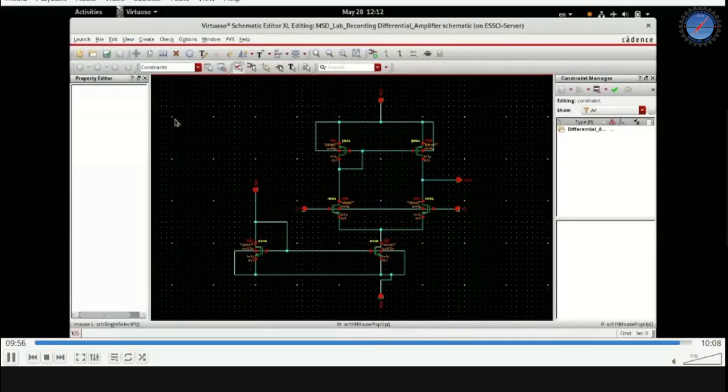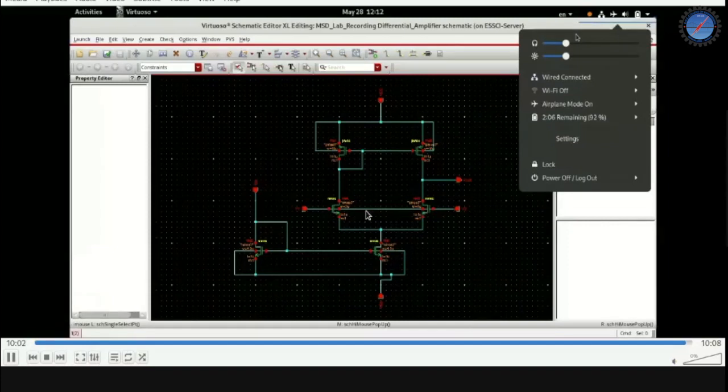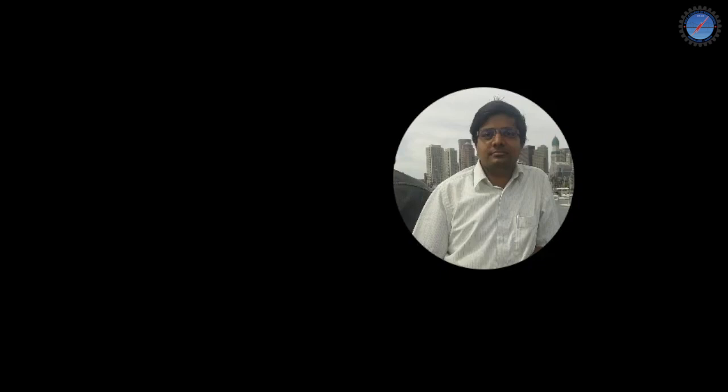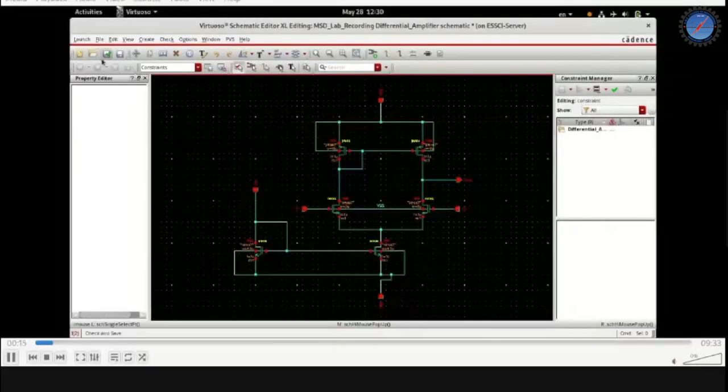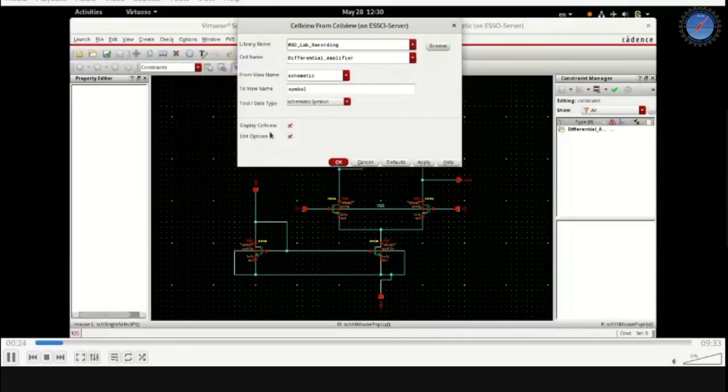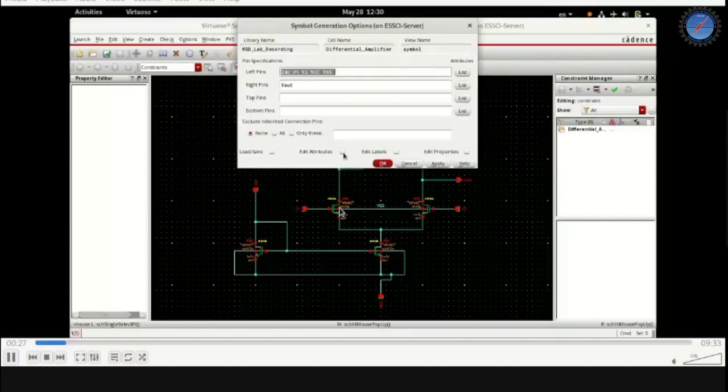So most of the schematic is done. The only thing is the bulk voltage of the two NMOS devices, the differential pair, that has to be connected to VSS. So let us do that. The bulk of the two NMOS of the differential pair is connected and labeled as VSS, so that the bulk of the NMOS of the differential pair is also given to the lowest voltage in the circuit. Now we proceed to create a symbol out of this schematic view.